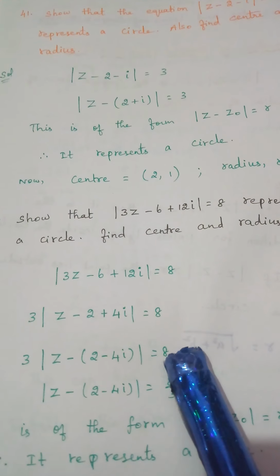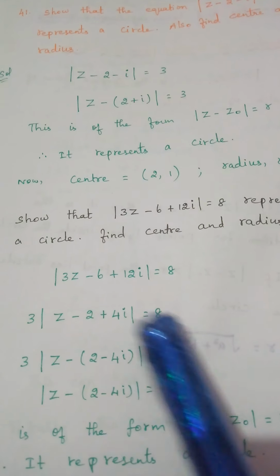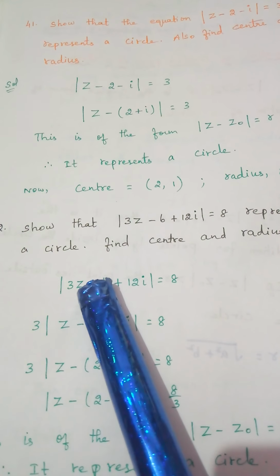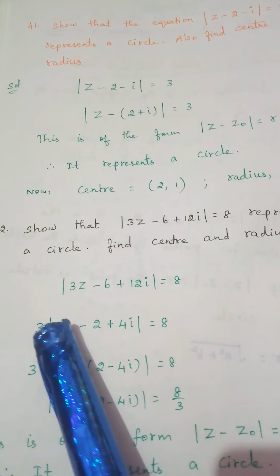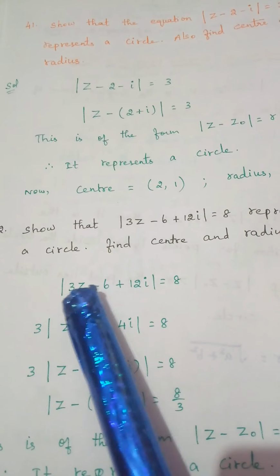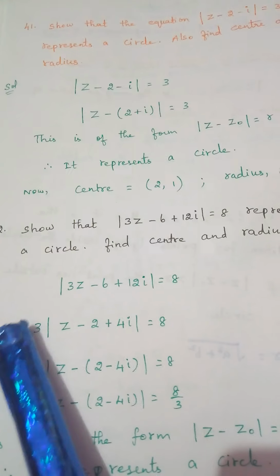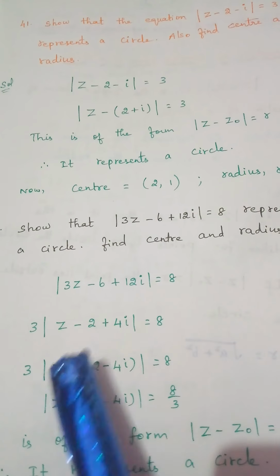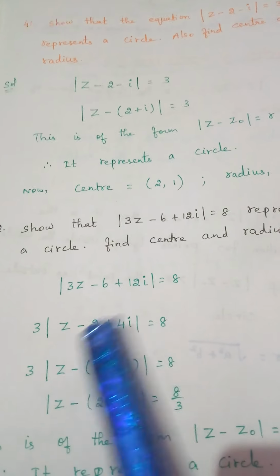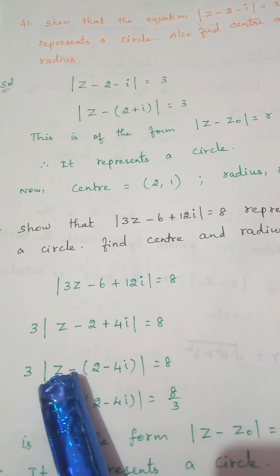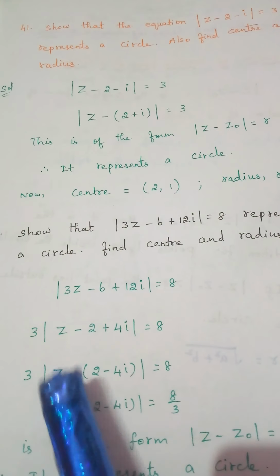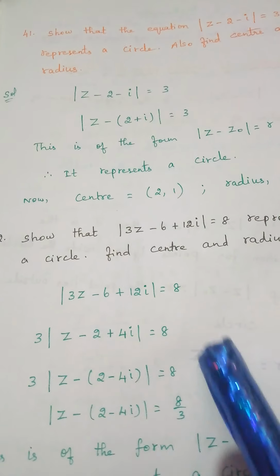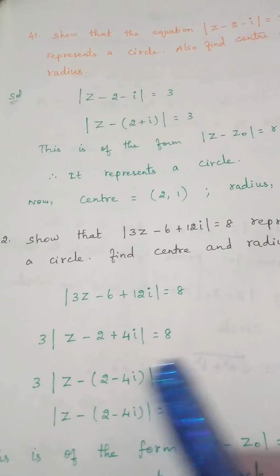Right? Could you understand this? Again I repeat, I have written the question. Since 3 is present in front of z, I should take that as common. If 5 is present, I should take 5 as common. So 3 is taken common outside, the balance I am writing here. After that, from these two terms, one minus is taken outside. It is just to bring it into the circle format. So I think you will understand this up to here.